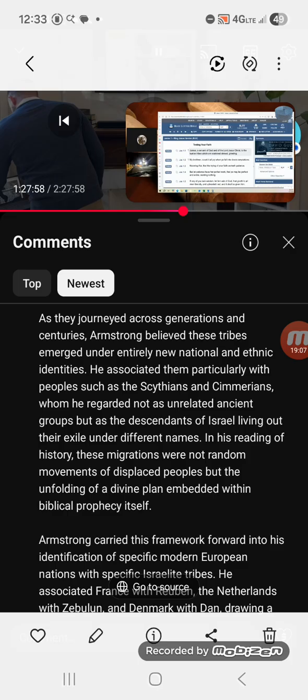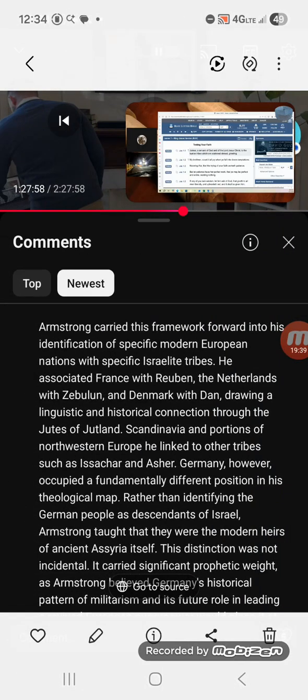In his reading of history, these migrations were not random movements of displaced peoples, but the unfolding of a divine plan embedded within biblical prophecy itself. Armstrong carried this framework forward into his identification of specific modern European nations with the specific Israelite tribes. He associated France with Reuben, the Netherlands with Zebulun, and Denmark with Dan, drawing a linguistic and historical connection through the Jutes of Jutland, Scandinavia, and portions of northwestern Europe. He linked other tribes such as Issachar,